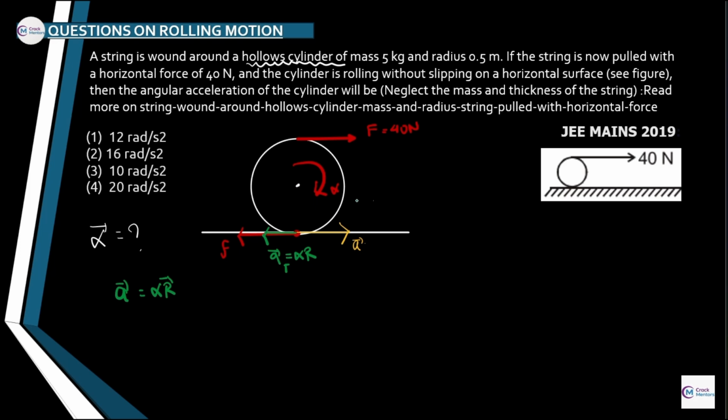What are the equations? Force minus friction is nothing but equal to mass times acceleration. I am assuming that it has a small mass m, which is mentioned, of course, 5 kg. So let me put 5a. Okay, and let me choose a different color. Friction is equal to...